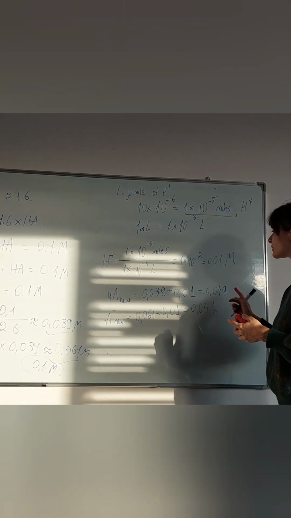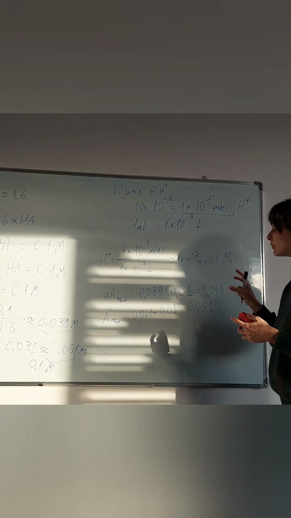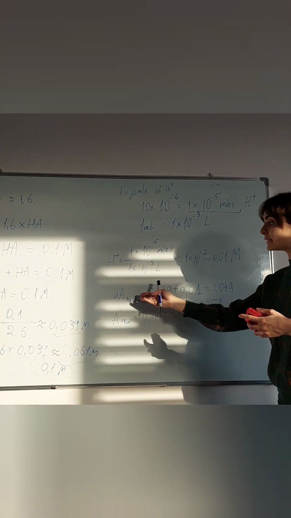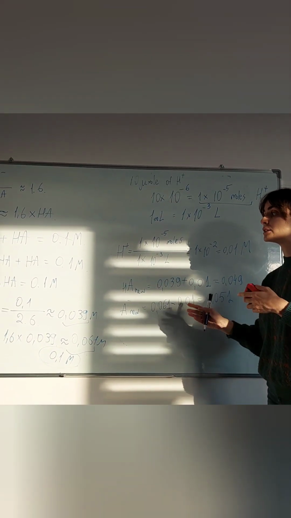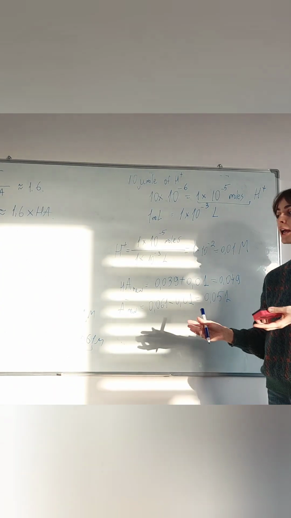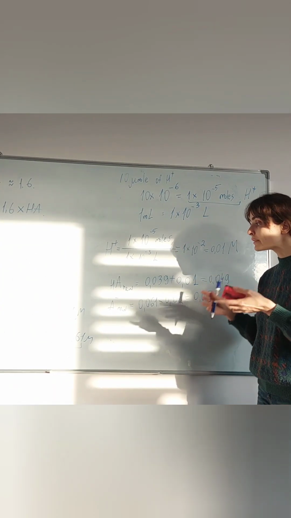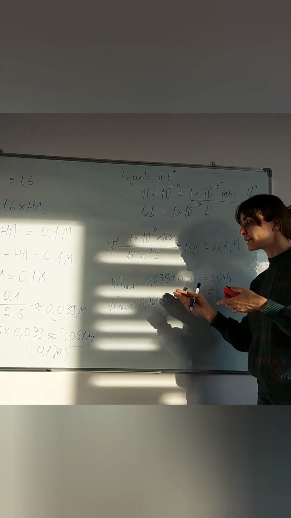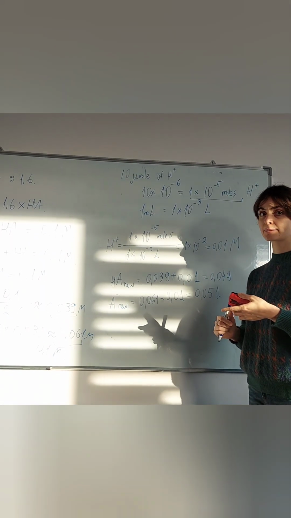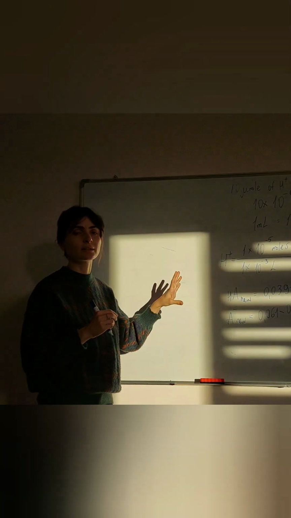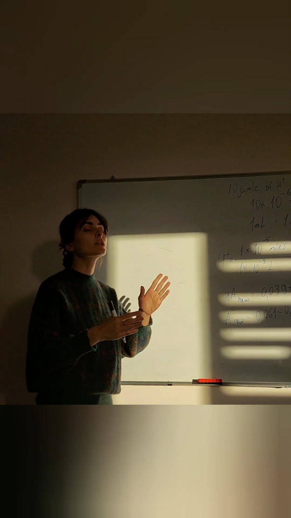So here we already have the new concentrations of the acid and the conjugate base in the solution. Our final goal is to calculate what the pH will be with the concentration of this acid and this base. Now that we have the new values, we'll go back to